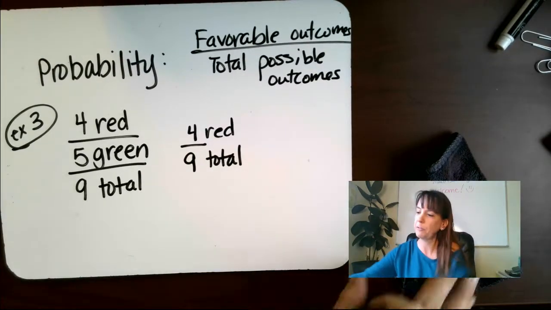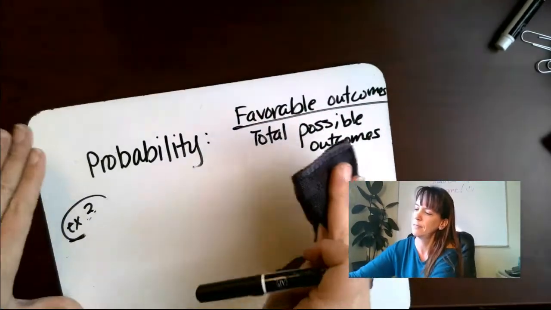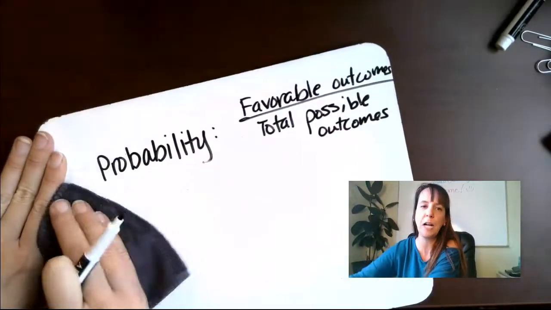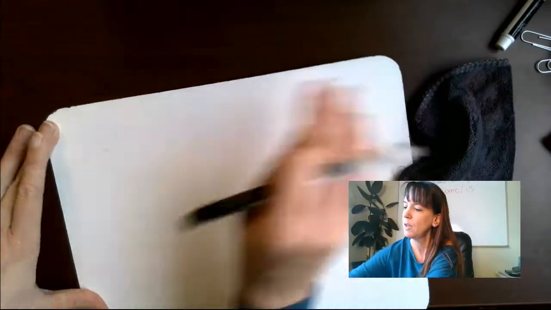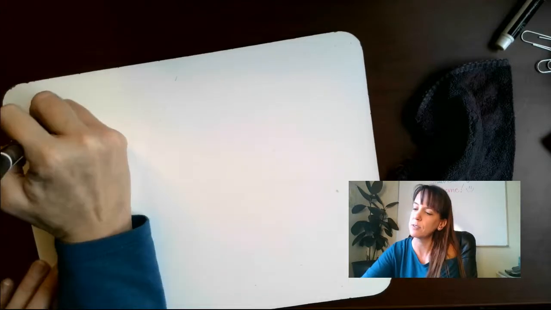Let's look at example number 4. And remember, probability is favorable outcome over total possible outcome. Example 4: a single die is rolled. What is the probability of rolling